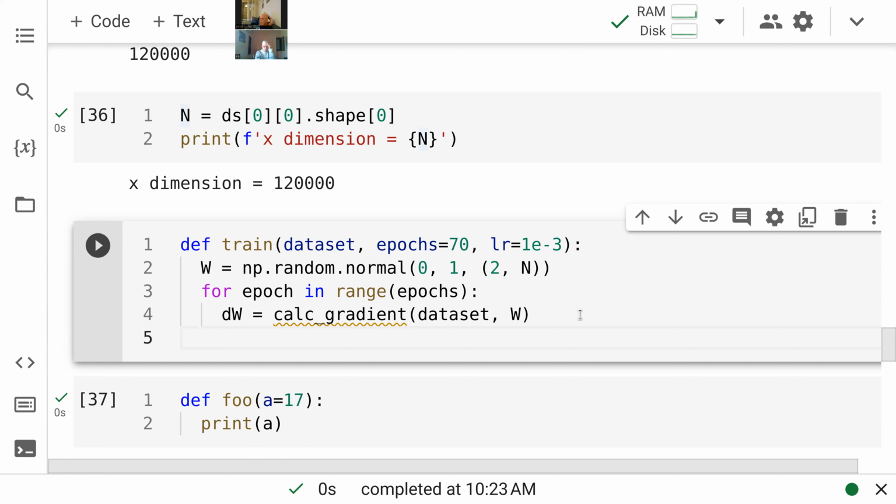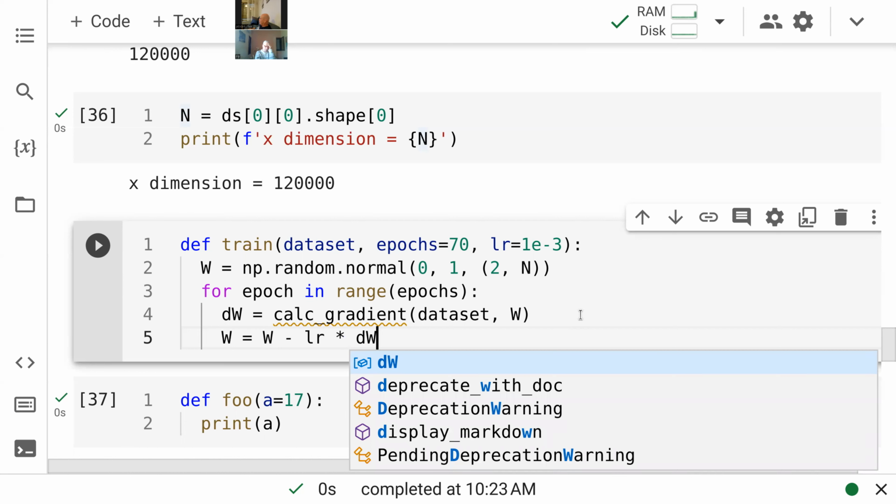It makes sense? Yes. Okay, now I need to do my update rule, right? Let's do it matrix-wise. W equals W minus LR times DW. You remember this, LR. Equals is an assignment, yeah. Yes, W minus LR times DW. Okay. Exactly. Well done. So this is exactly the update rule,